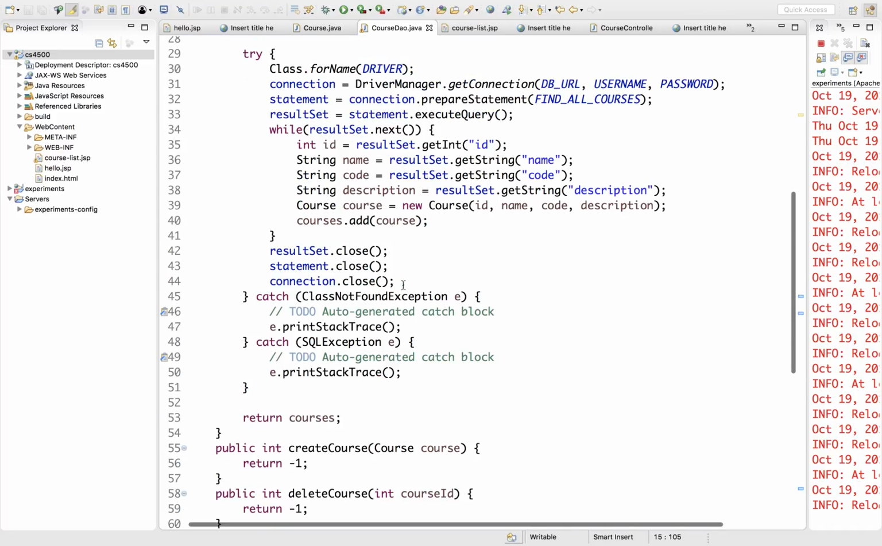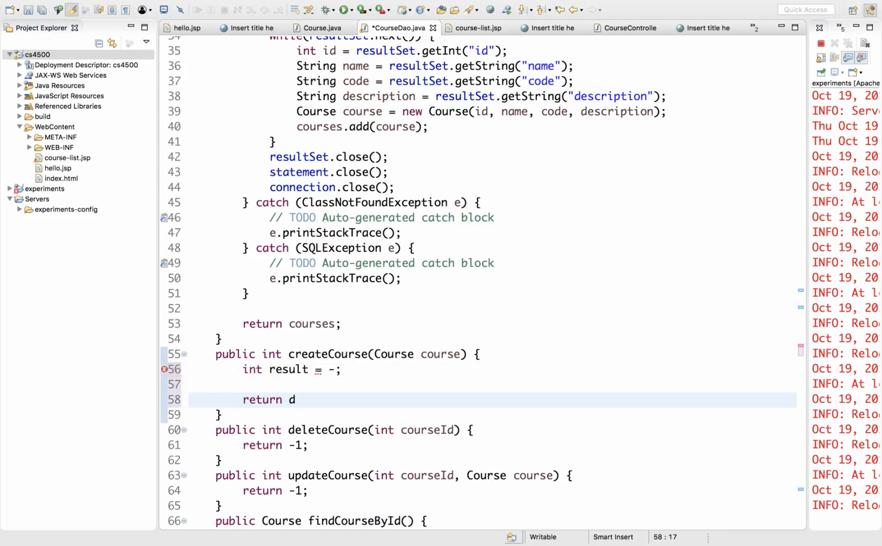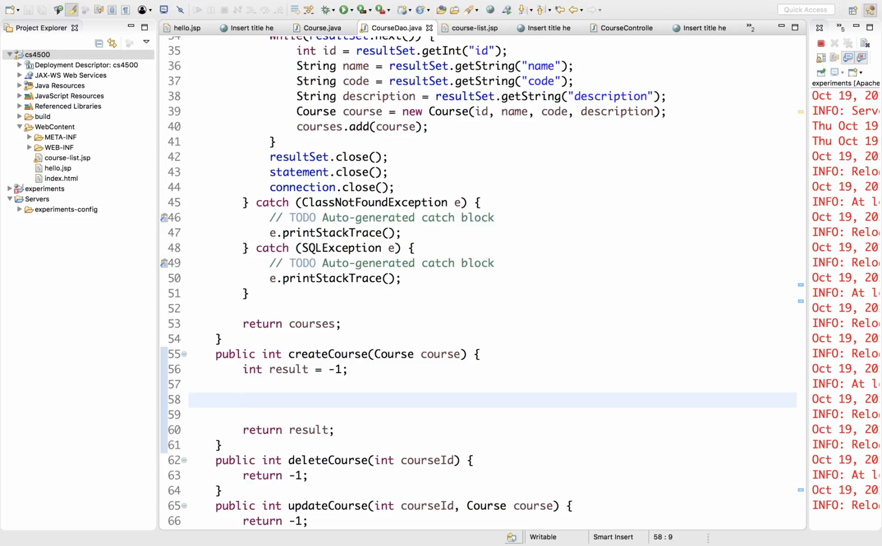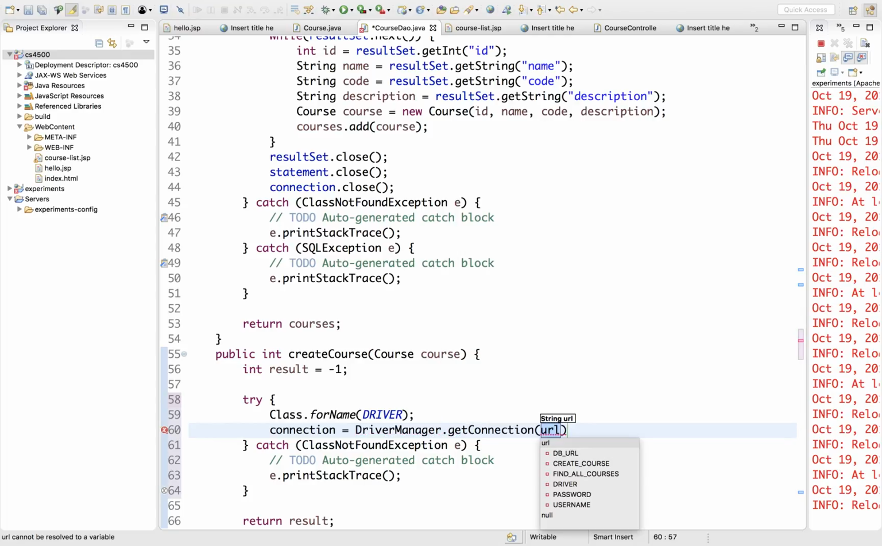So let's go back here in the create course. We're going to declare a result equal to -1, and then we're going to return the result. So by default it's -1. But meanwhile, we're going to try to insert into that, right? So let's load the driver. We'll put that into a try catch. We'll grab a connection from the driver manager. Get connection using the DB URL, the username,